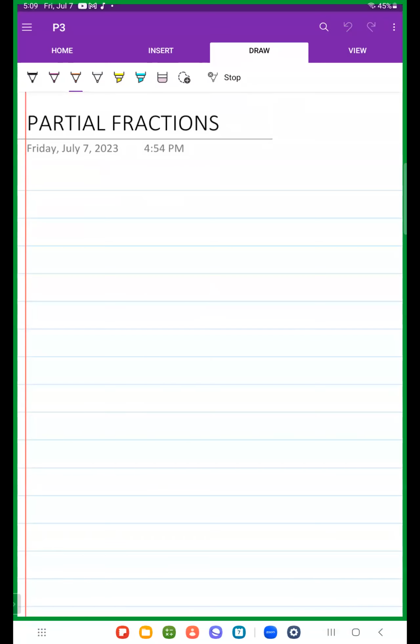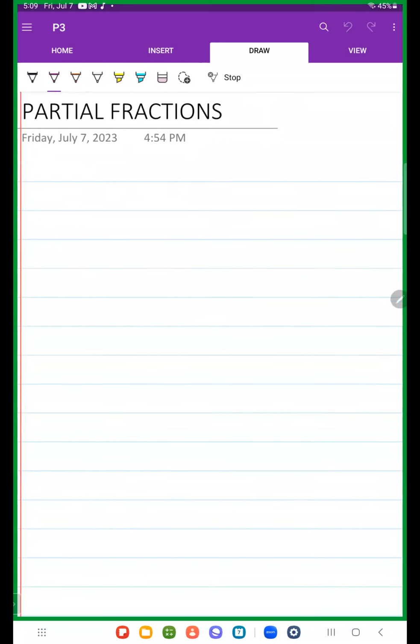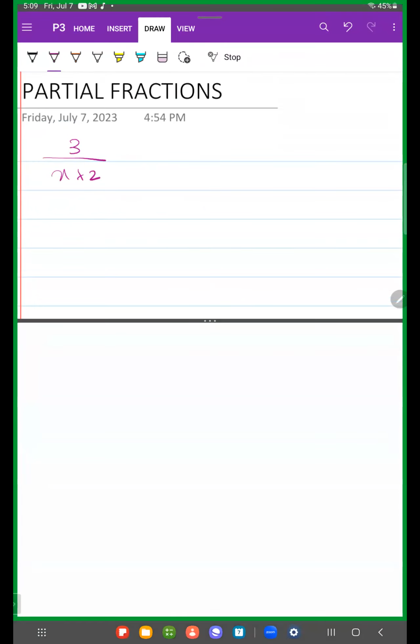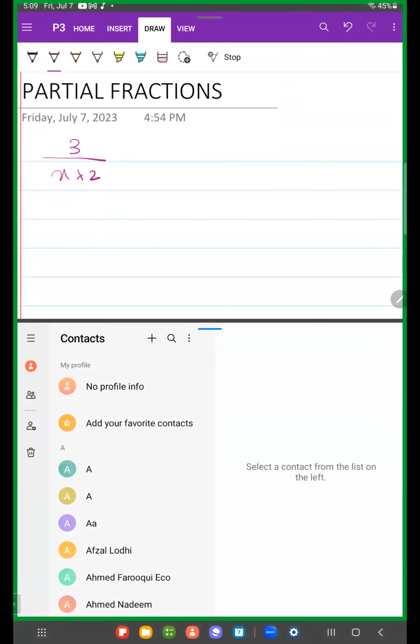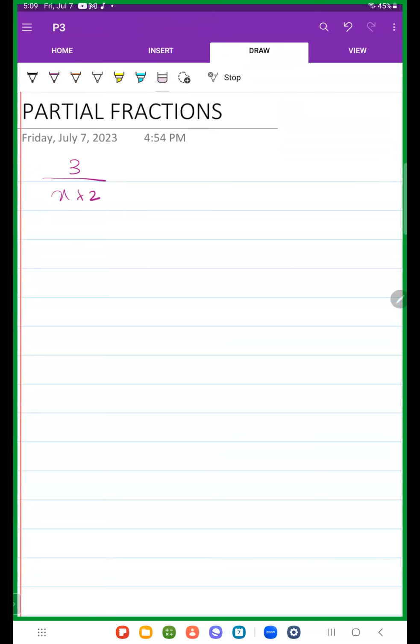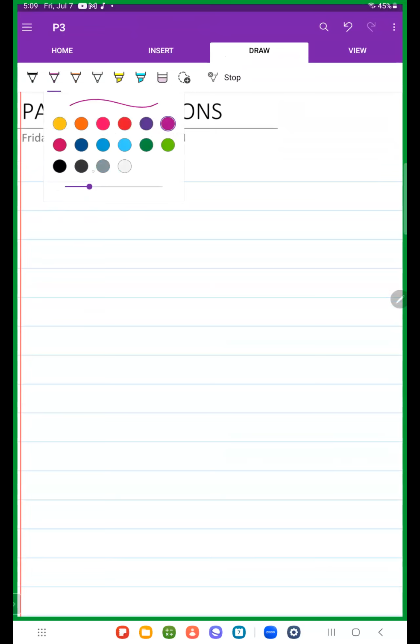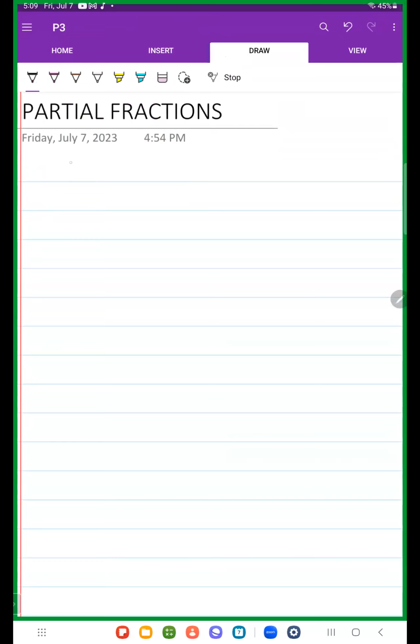Okay, let's start with partial fractions. In your O levels, I'm sure you must have seen fractions like 3 upon x plus 2. Yeah? And if I give you 3 upon x plus 2, and I ask